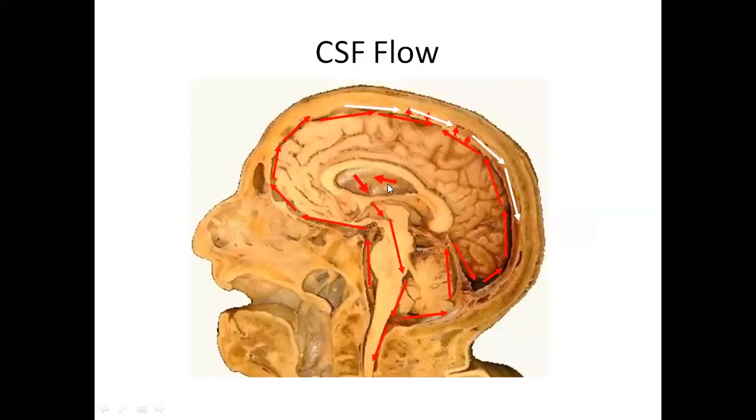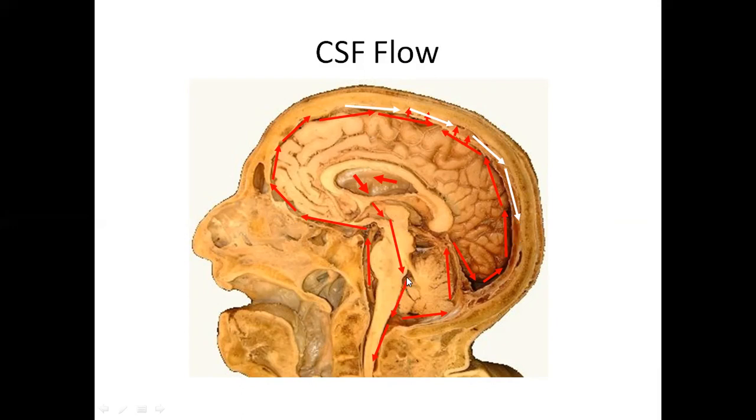Okay, let us see this in the flow chart. This is the corpus callosum, and below it is the septum pellucidum. If you cut the septum pellucidum, we have the lateral ventricle. CSF from the lateral ventricle enters the third ventricle through the interventricular foramen of Monro. From the third ventricle, through the cerebral aqueduct, CSF enters the fourth ventricle. From the fourth ventricle, we have two openings, the foramen of Magendie and Luschka, from where it enters the subarachnoid space.